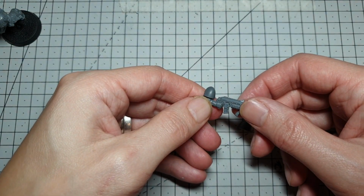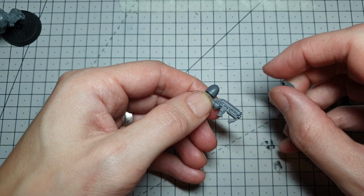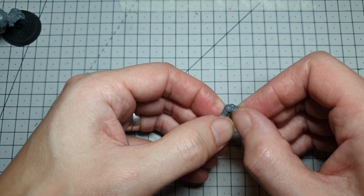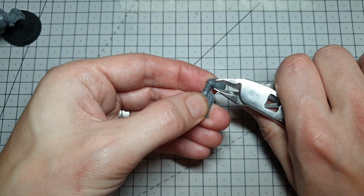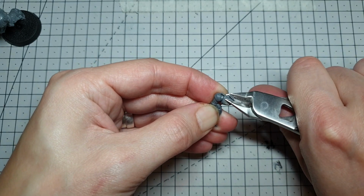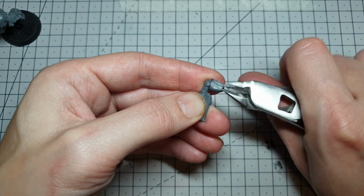So as I'm using an arm from the Reaver's kit, this shoulder pad is a little too big. This is the slimline Reaver shoulder pad, and obviously I want to put a normal Space Marine shoulder pad on it, so we're going to need to trim it down just a little bit. I can do this with a pair of clippers. You can just take a few chunks off it. You don't actually have to take too much, just maybe a millimetre or 2. But you do need to make sure it's fairly evenly done across the whole shoulder pad. So just clip it down